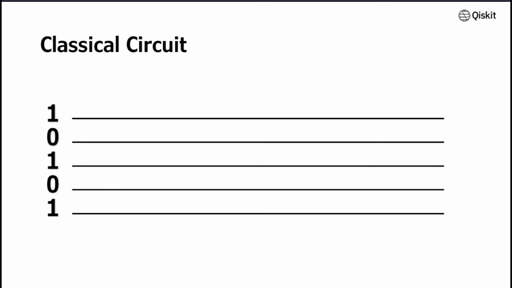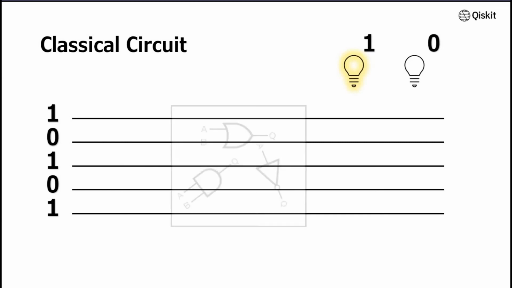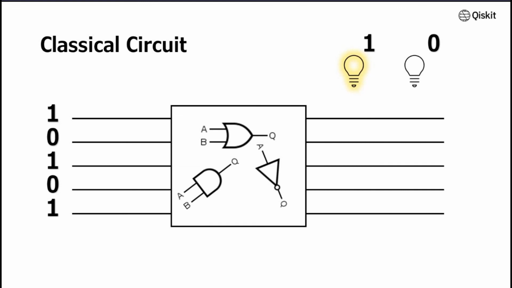1 means that I send the light. 0 means that I don't send the light. Now we put some logic gates into the circuit, such as NOT and OR gates. Depending on my input signal, the gate changes the output signal. For example, if I put a NOT gate and I send a 0, it will emit 1. If I put in 1, it will emit 0. Using combinations of these gates, I can make addition, subtraction, multiplication, etc. So I only need to find the right combination of gates to calculate using a classical computer.